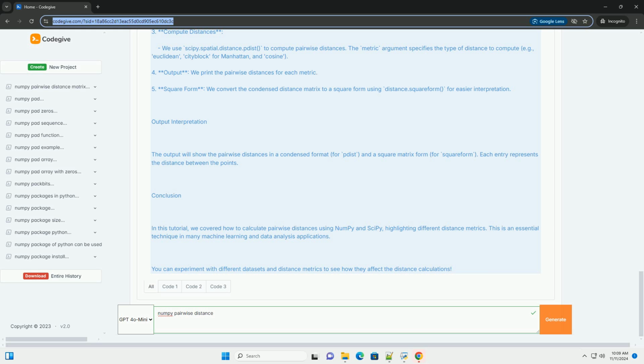Explanation of the code. 1. Import libraries. We import numpy and the distance module from scipy. 2. Create dataset. We create a numpy array containing a few points in a 2D space. 3. Compute distances. We use